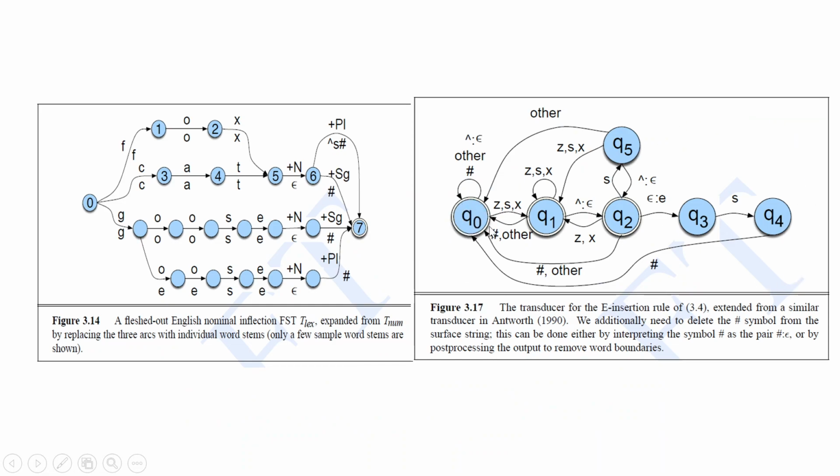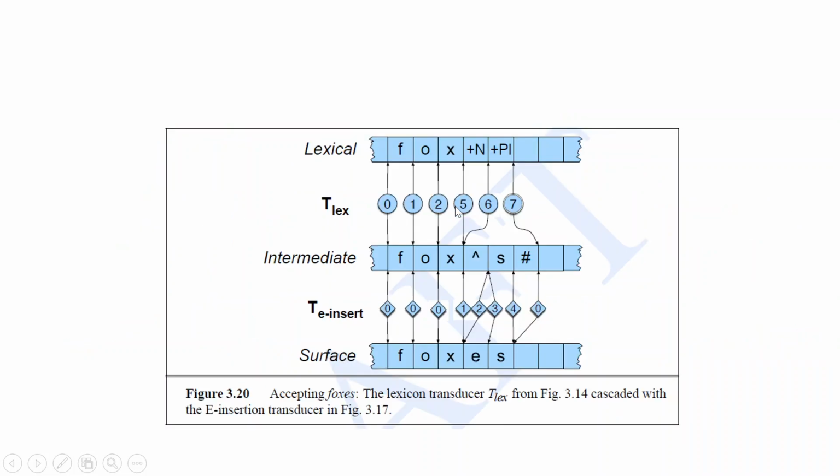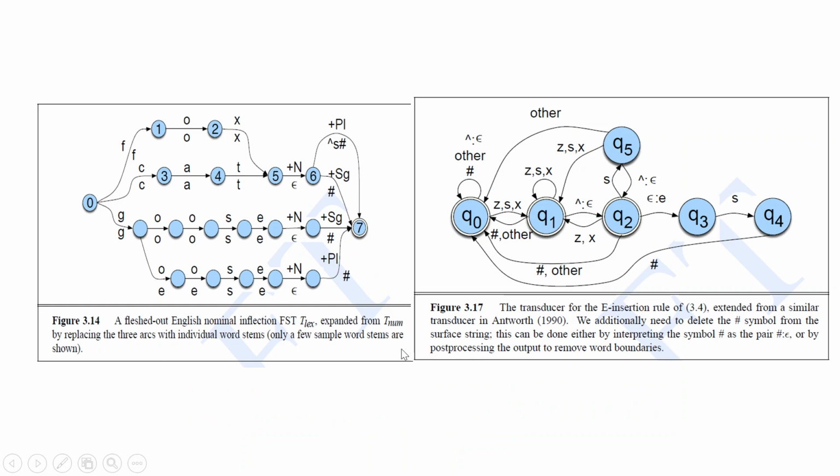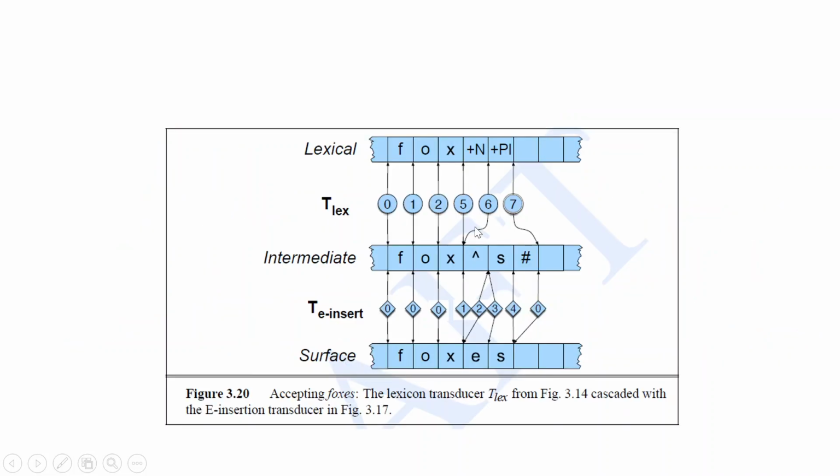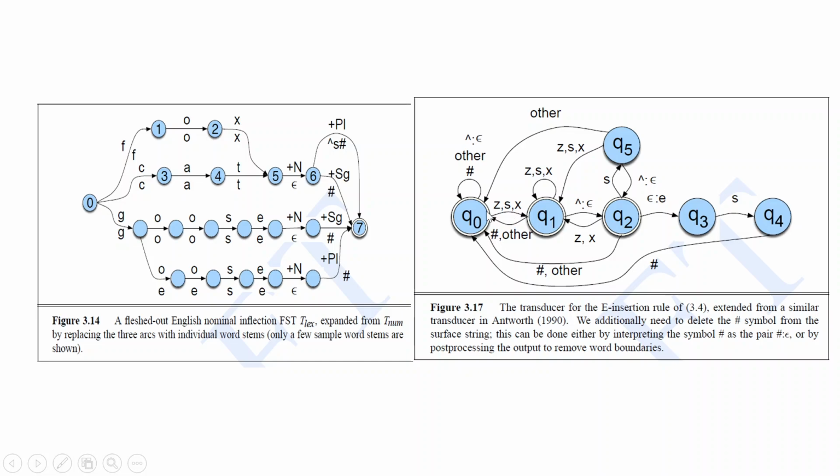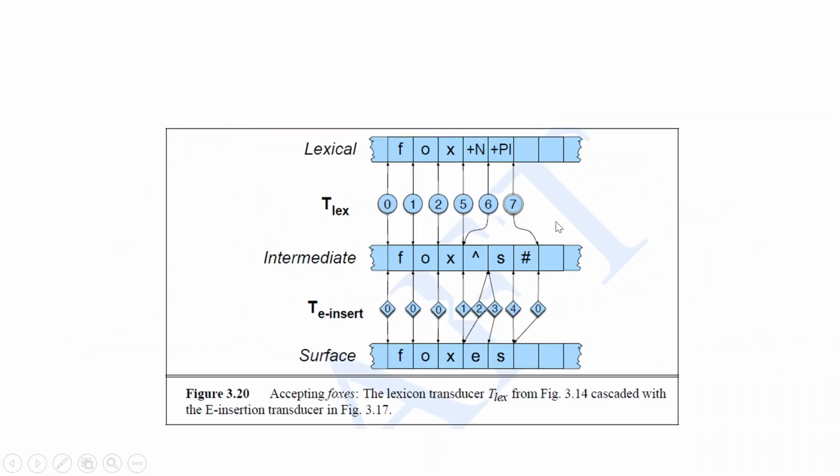So in state Q0, that is the start state, you come across F. We know that only if you come across Z, S or X, you transition to Q1. Any other symbol, you transition to the first state itself. So on reading F as well as O, you remain here itself. After reading F, you go to state 0 itself. O also you go to state 0. On reading X, you are transitioning to 1 and outputting it also.